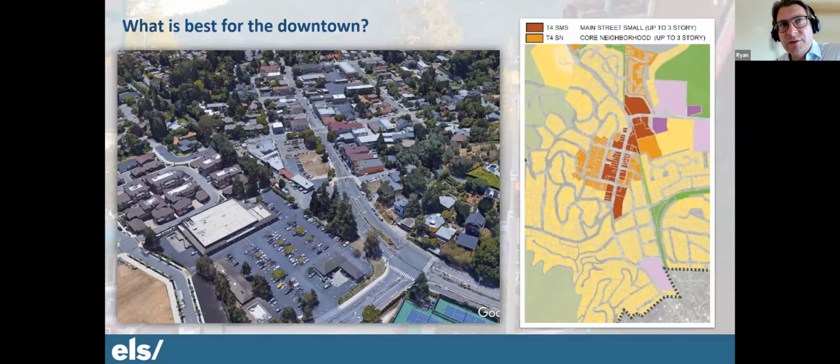And when it comes to apartments versus for sale, an average sized apartment in the Bay Area, and this is a broad generalization, a 2-bedroom apartment at 850 to 1,000 square feet is pretty standard. When you look at how many of those units a site can support, it's usually double the density of how that site would lay out with for sale townhomes.